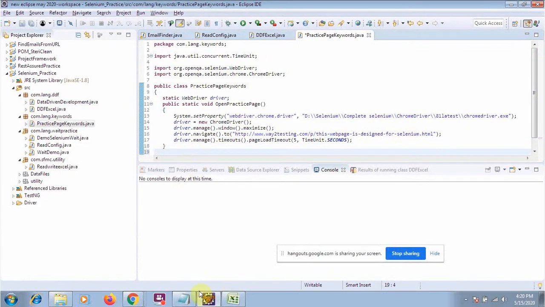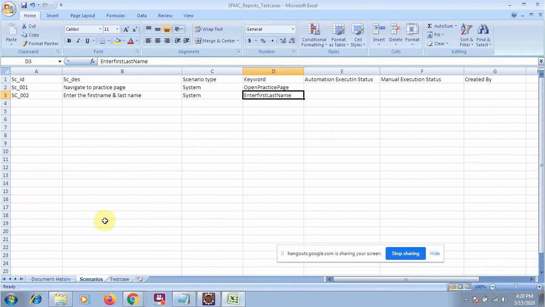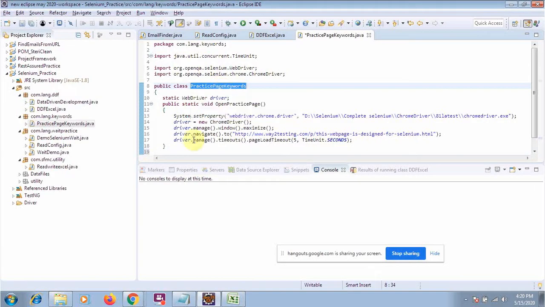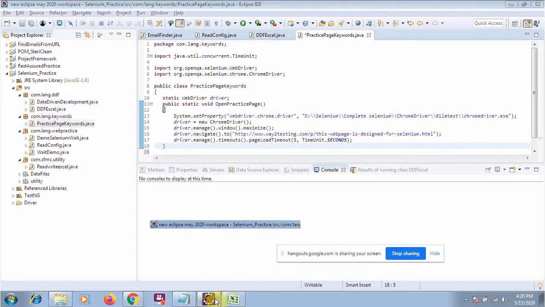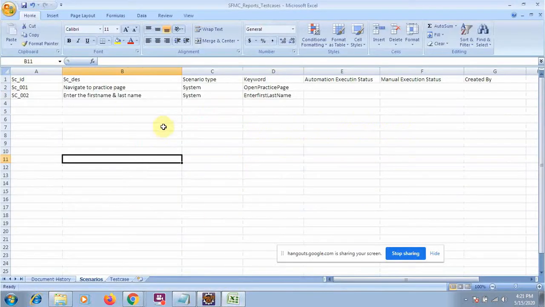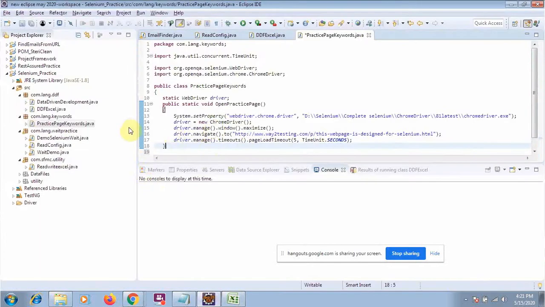Always remember, suppose you are writing all the test cases, this will have a separate file or separate module. Suppose there is a very big project, SFMC, and you are working on some module, there will be a single Excel sheet with the test cases of that module. Likewise, there will be a single class with all the methods. If the same project has a second module, there will be a second Excel sheet and a second Java class. So this is not all in one file, one Excel or one Java file.